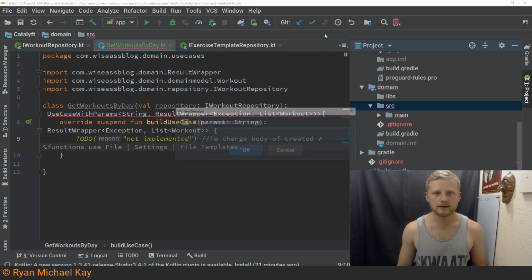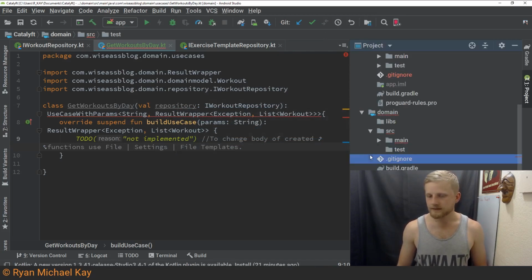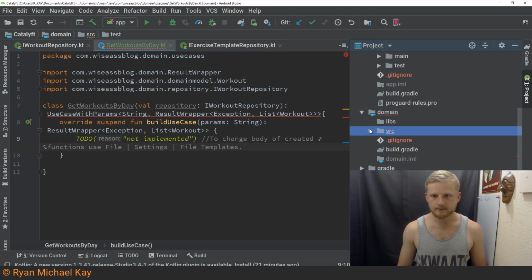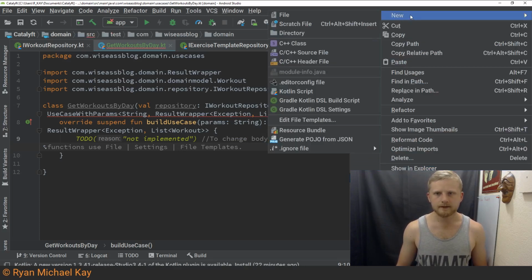Let's go to new directory, test, and I'll have to build out the package name structure. So let's do that. That should be adequate. Then we're going to go new file,